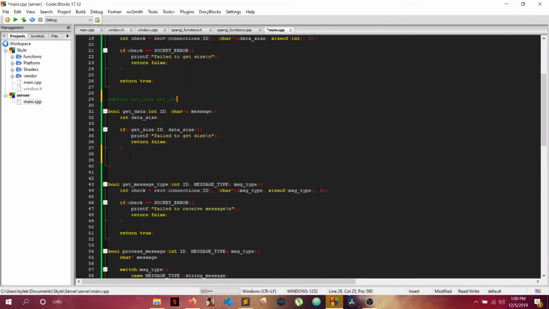So back in here where we're defining get data, after we verify that we did get the size, we can actually go ahead and receive it. After we get the size, we want to allocate a buffer big enough to hold the thing we want. Remember we just passed in this message thing. The reason we needed to pass it in by pointer reference is that we need to actually edit the pointer itself. So data equals